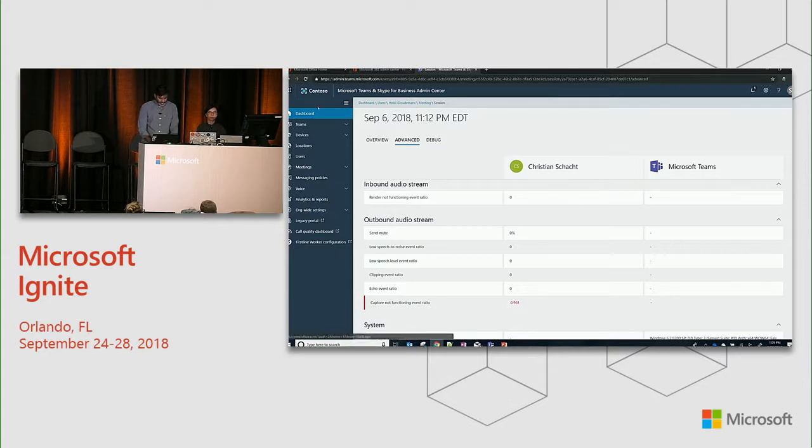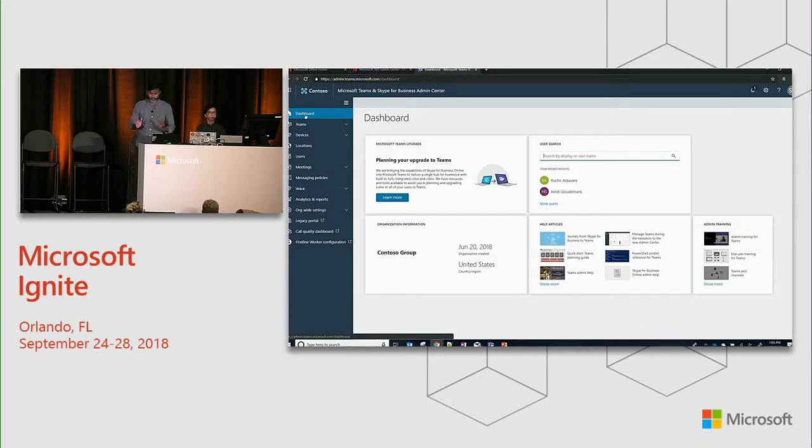So this is, at a high level, what you can do in terms of call analytics, specifically if you want to start troubleshooting calls. And then, of course, this is your quick and easy reactive way of doing call analytics. Let me just switch this back